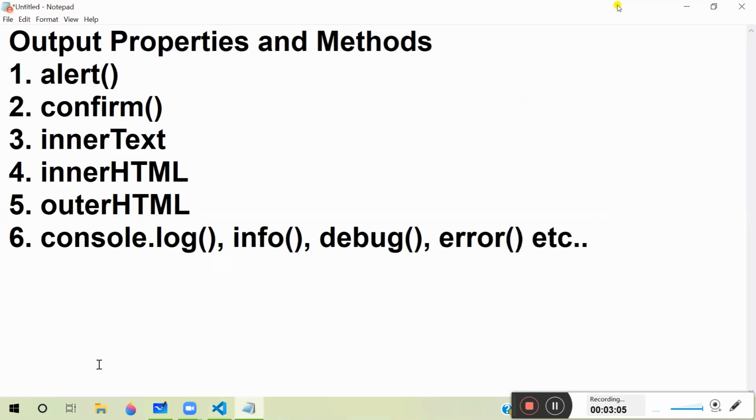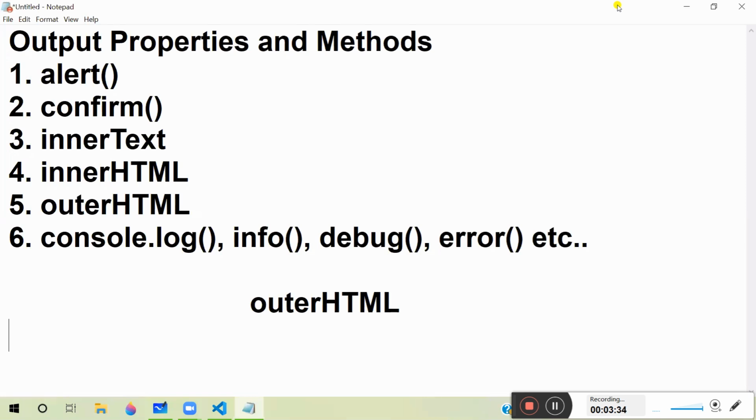Actually, outer HTML is not regularly used, but on certain occasions we use it. The purpose of outer HTML, technically,